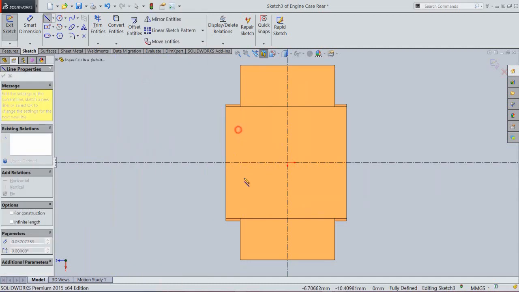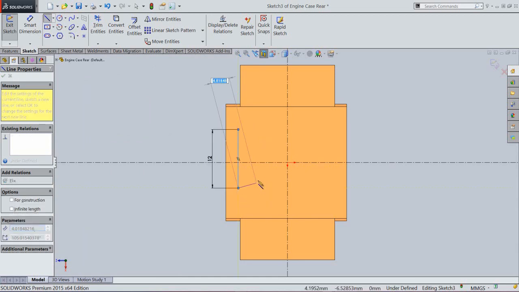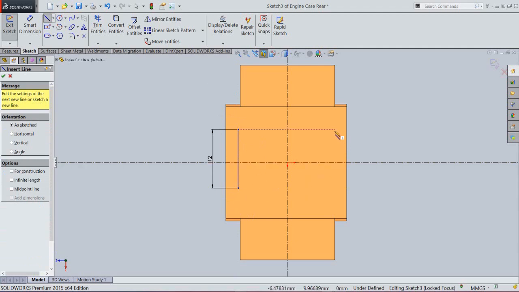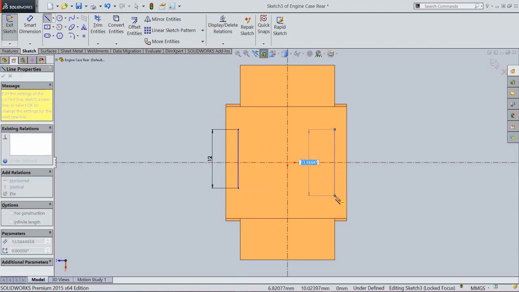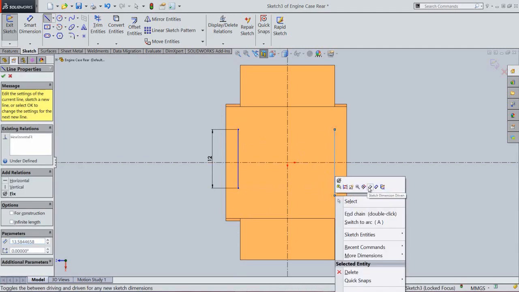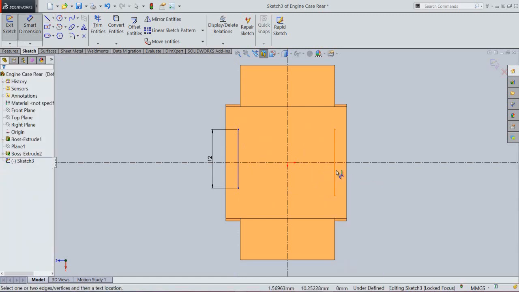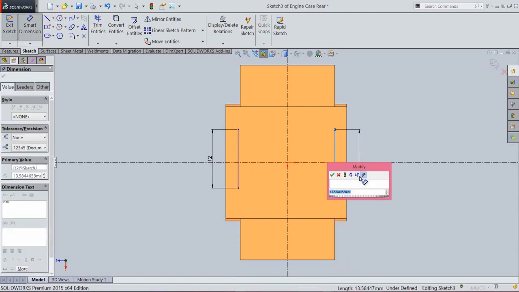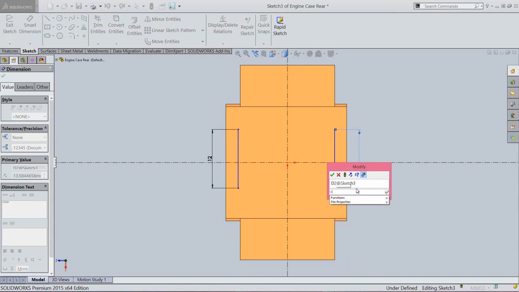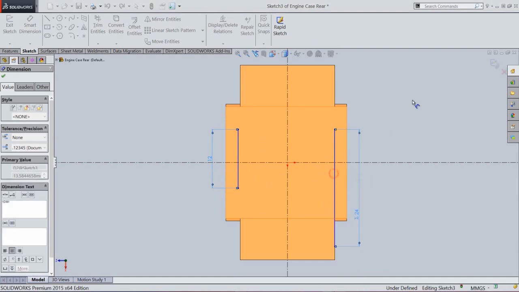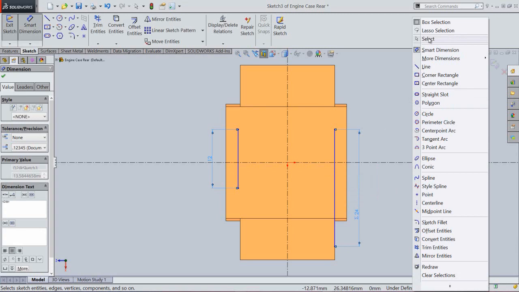Now create another line. The length will keep 12 mm. OK, create another line. Activate the Smart Dimension tool and set the dimension of this line. Change the 12 mm dimension into 24 mm.